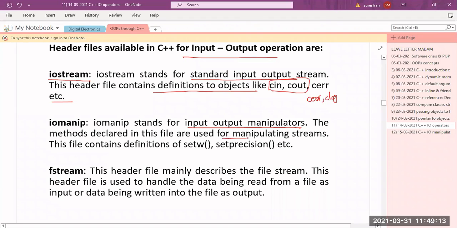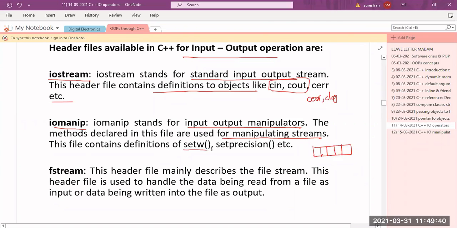So if I want to manipulate the streams, we'll discuss how to manipulate the stream. Now, how do we manipulate the display? That will be done by using IO manipulators. This is also one of the important concepts in the third chapter. There is a special concept called IO manipulator that is used for formatting the IO. If I want to format the output, to display it in a specified format, then I will go for these IO manipulators.